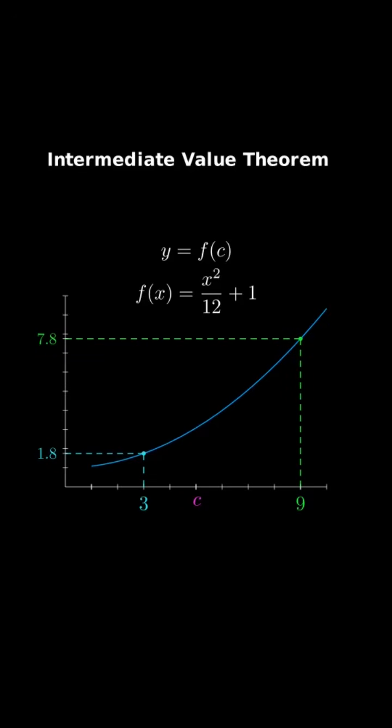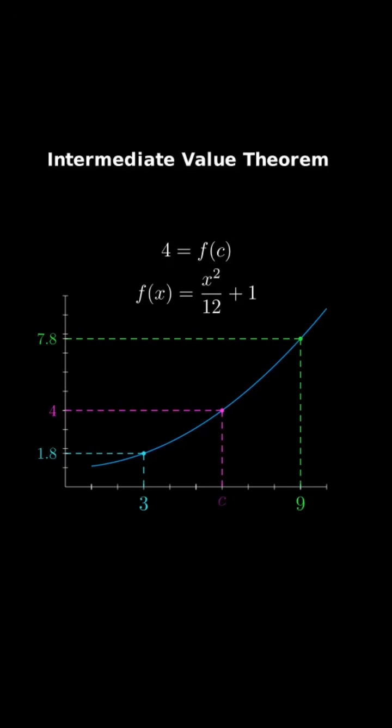On the graph, we see their corresponding heights on the y-axis. Now, we choose an intermediate value between f of a and f of b. Let's take y equal to 4. The intermediate value theorem assures us that there exists a c between 3 and 9 such that f of c